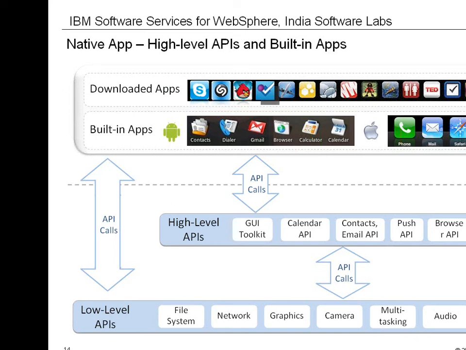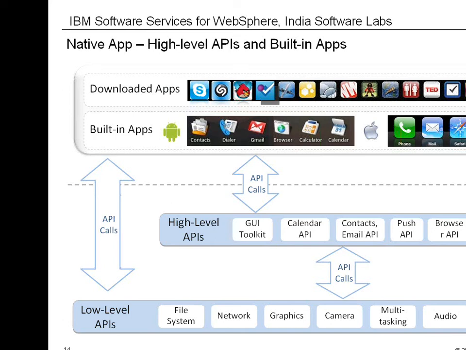These APIs are exposed by the mobile OS in two ways. First of all, the OS comes with built-in applications, which are called native applications, which let the user directly access those services. Each mobile operating system comes with its own set of built-in apps. On this slide, you can see a few examples from both Android and iOS built-in apps.